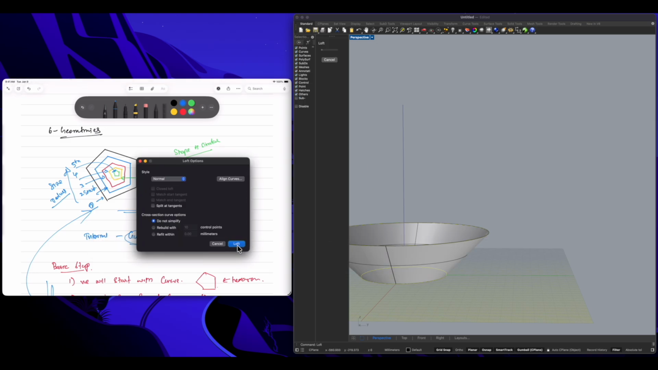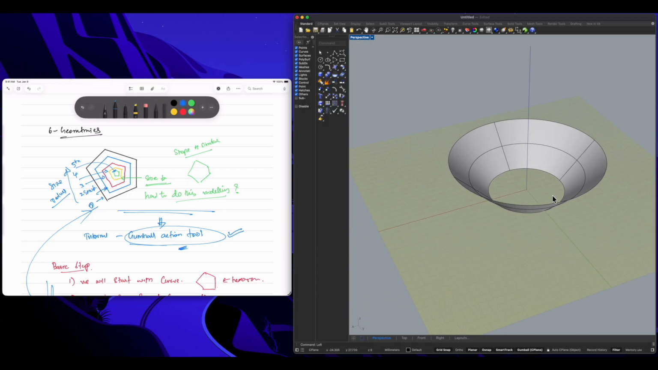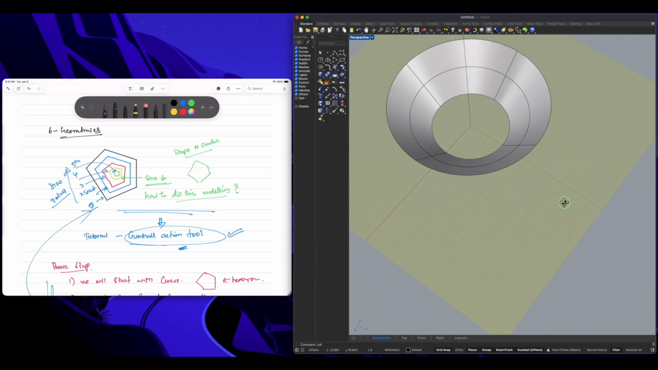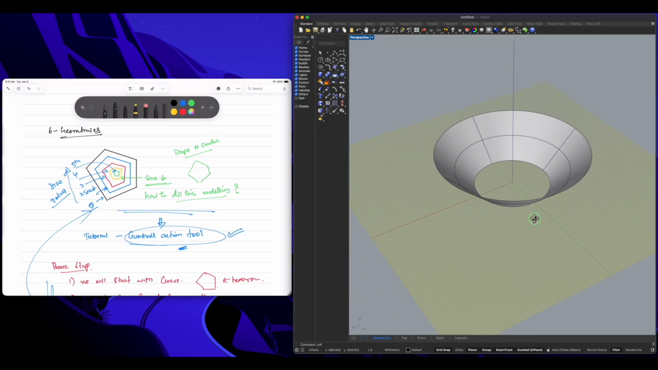It is asking for loft. Yes, loft. Now a surface has been created. So you can see that the surface has been created. Now the second task, loft, has been completed. Now we will go with the